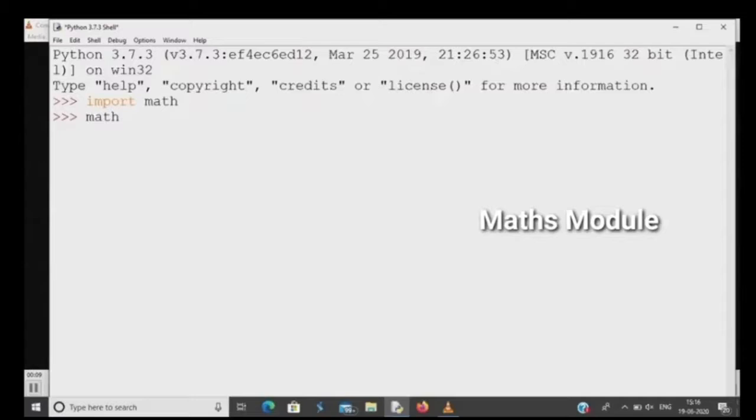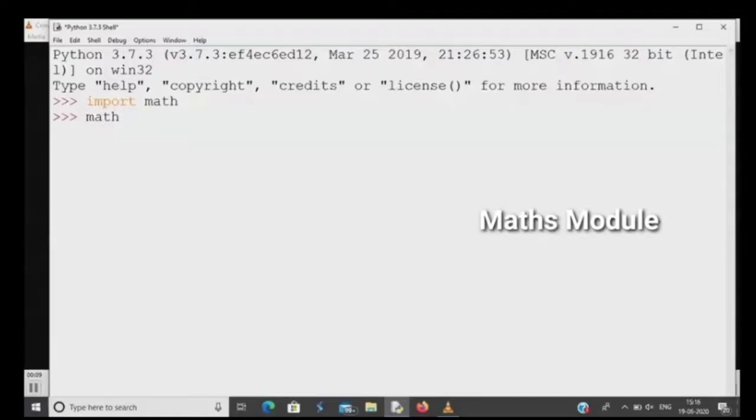So whenever we need to access particular functions which belong to a specific module, we need to import that module. Although I have not created the math module, no one can create any inbuilt module. We can create user defined modules. Math is an inbuilt module which has been created by Python. We can just access and use them. So for using the math module, you need to first import it.